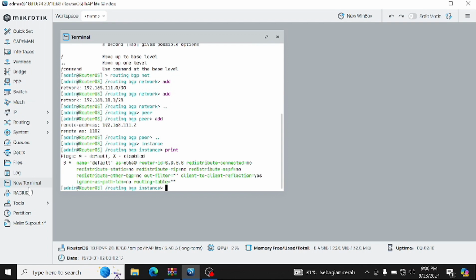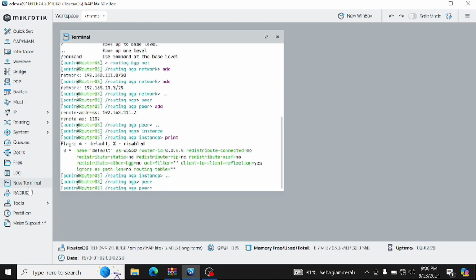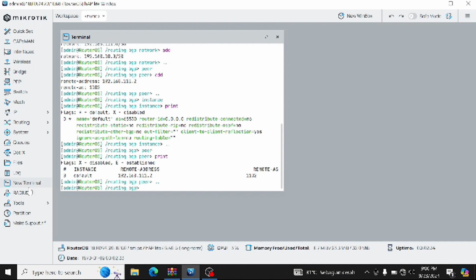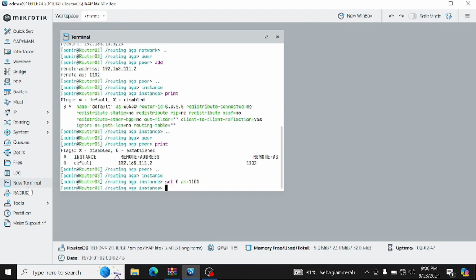So this is to look at the config, but yeah, like that. So after this I wanted to routing BGP peer 2 and print. This is okay, the default remote address does have routing BGP again, and instance set null because the number default is 0, AS 11.1 because this laptop 11.1 the routing BGP.